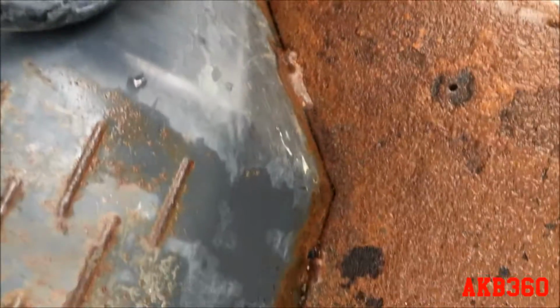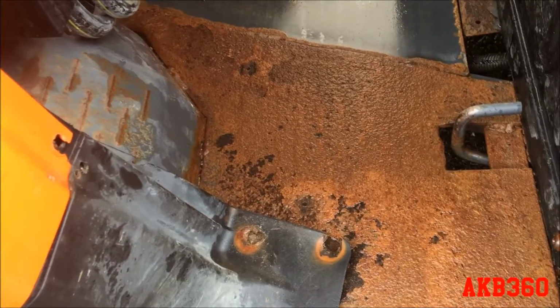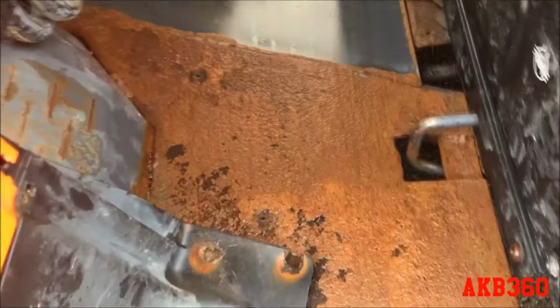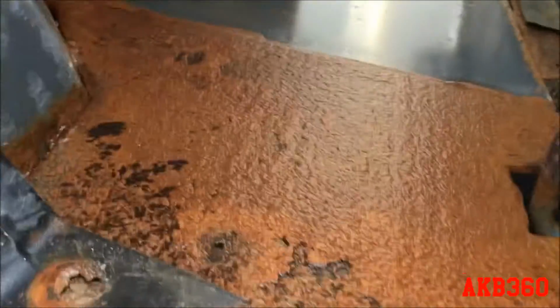They didn't fill in all the seams, and honestly, reskinning these floors should require putting in a new floor and then just bed lining it with truck bed liner so that the rust doesn't happen again. And the underneath is pretty shitty too. I'm probably just gonna cut all this off and get